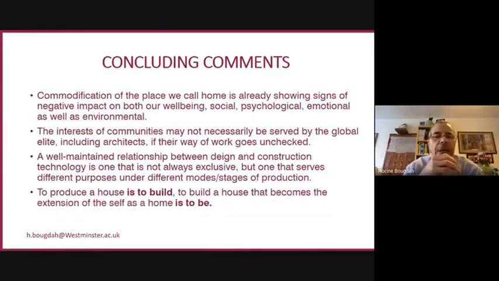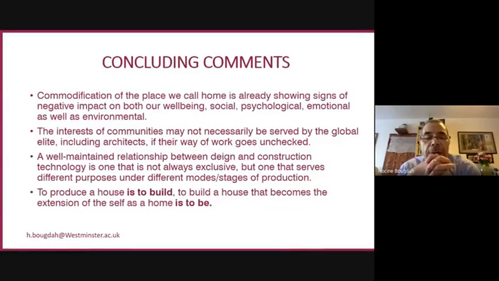And of course, that in itself led to the commodification of the place and the home and the city, which meant that the interests of the communities were left behind. So perhaps that last point is poignant. To produce a house is to build.